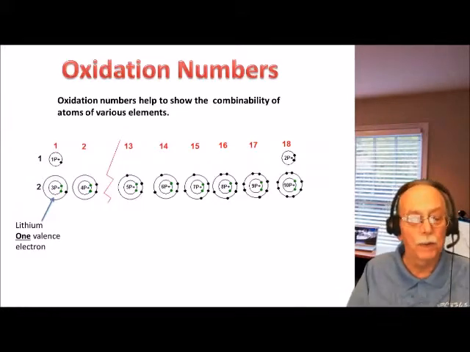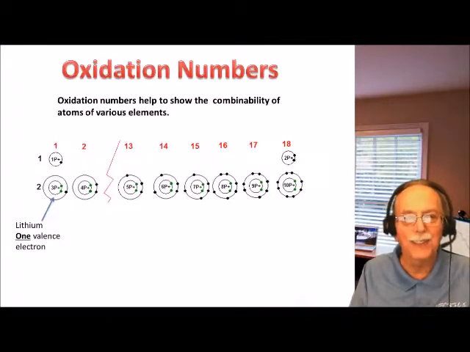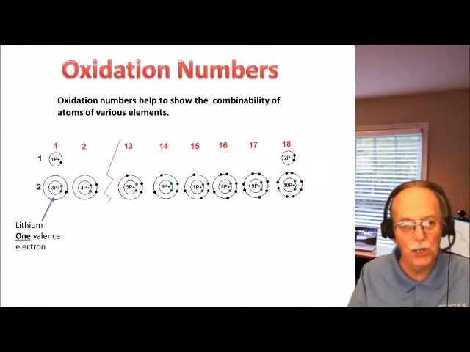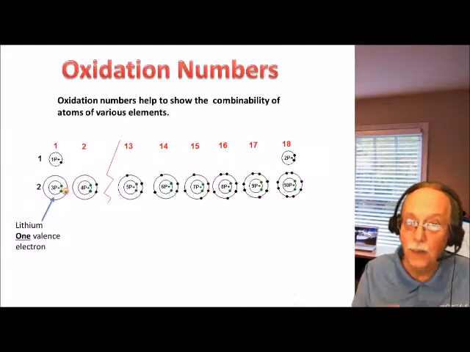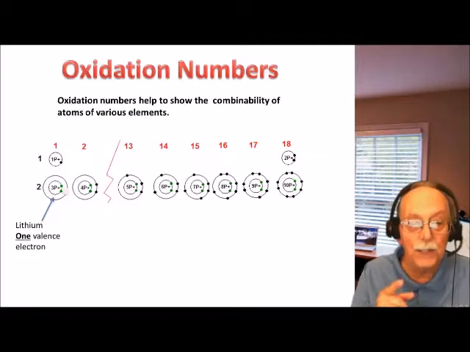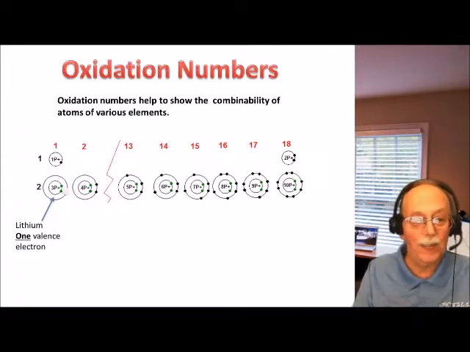Well, why is that important? Well, with 1 valence electron, that 1 valence electron represents a very tiny amount of energy. And in the right situation, some atom could actually come along and steal that 1 valence electron. There's its valence electron. In the right situation, this could happen. Something could come along and steal that 1 valence electron. And now if you look at our lithium atom,